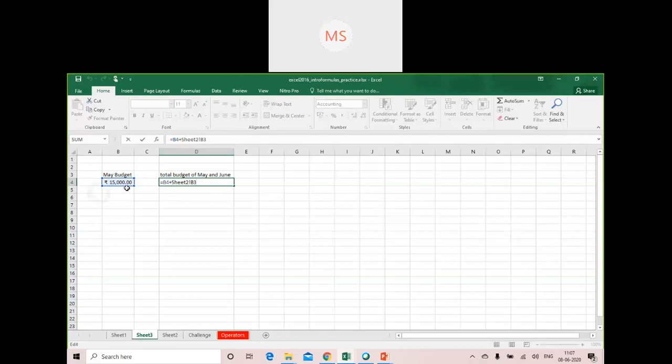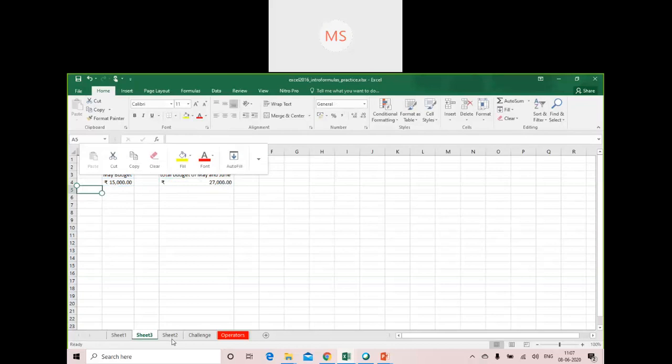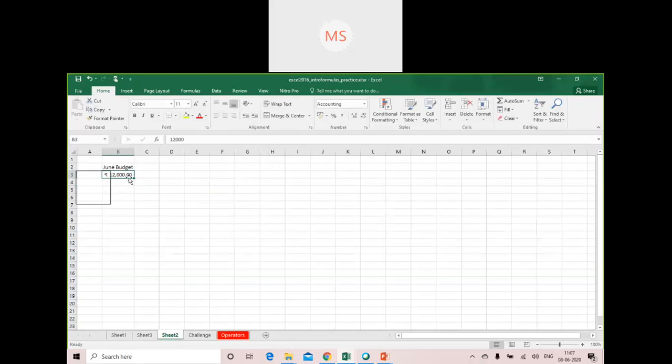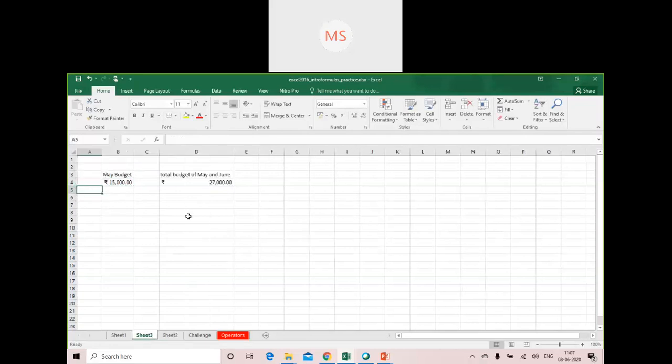Now you can see the 15,000 from sheet 3 and 12,000 from sheet 2 have been added here. Got it? So this is how you can work on multiple sheets in a single workbook, and you can do calculation across multiple sheets using cell referencing.